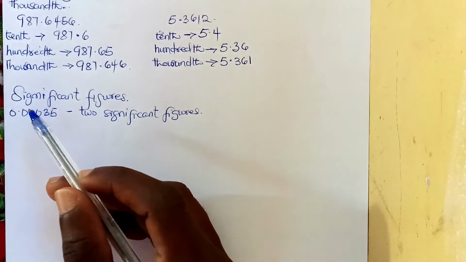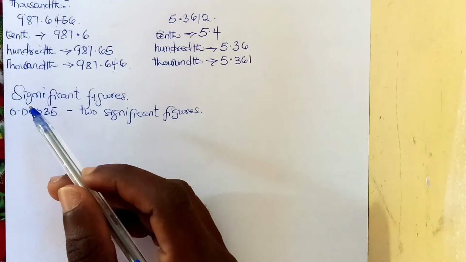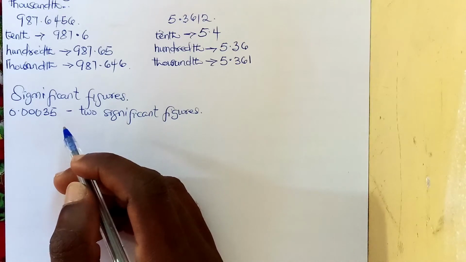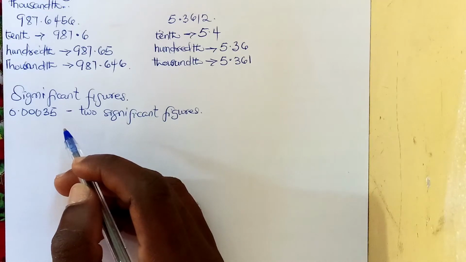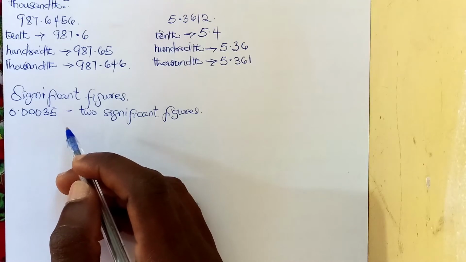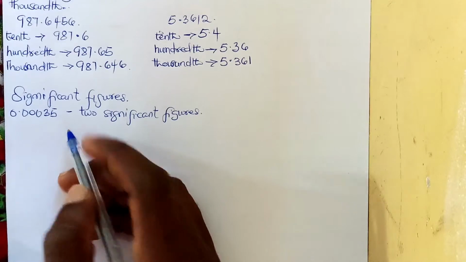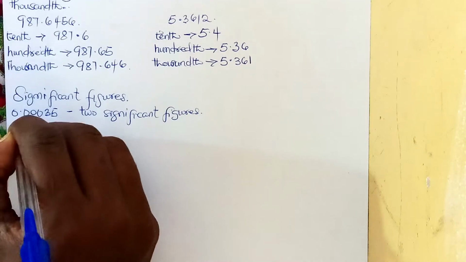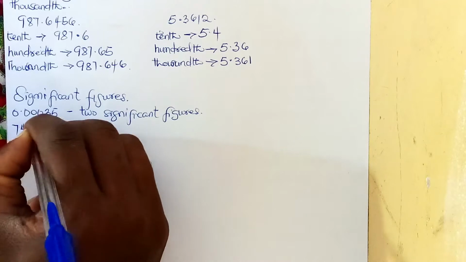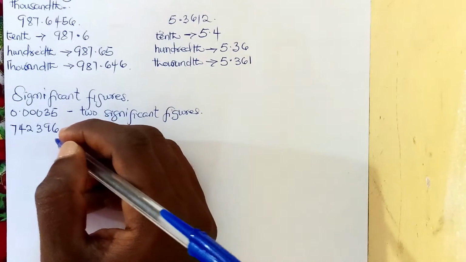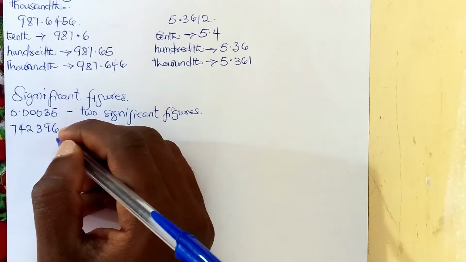So another thing to note is that when a number comes and the 0 is found in the middle, it is also counted as a significant figure. But when the 0 starts the number, it's not counted as part of the significant figure. Therefore, we are going to have an example as 742,396. With this, we can be asked to change this